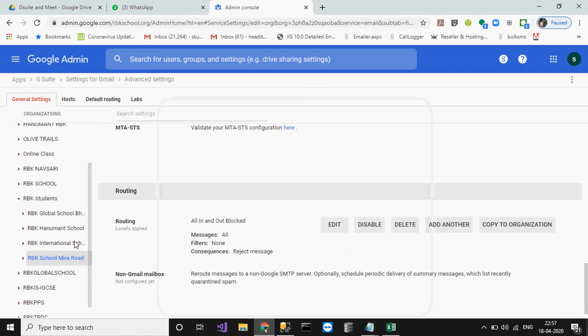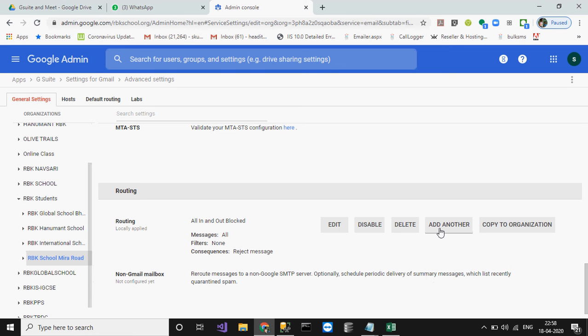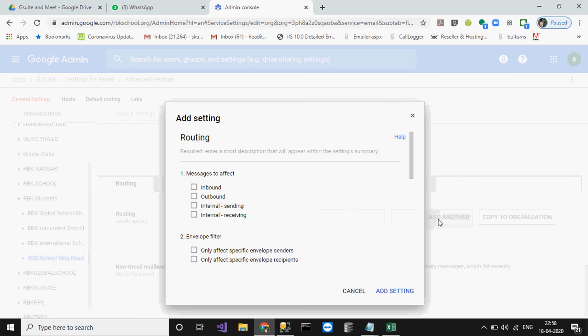So in this scenario, any ID that belongs to this OU can't send or receive messages; they will be rejected immediately. Okay, add another. Multiple rules you can add here, right? If you want to monitor, a message that is rejected means no one will receive it. If you want to check, or you want to monitor each and every transaction, you can also add a rule.